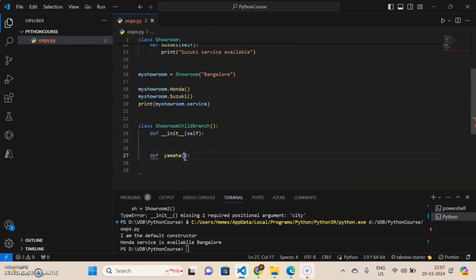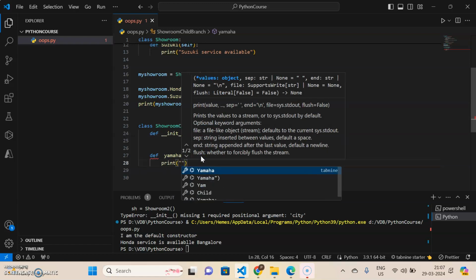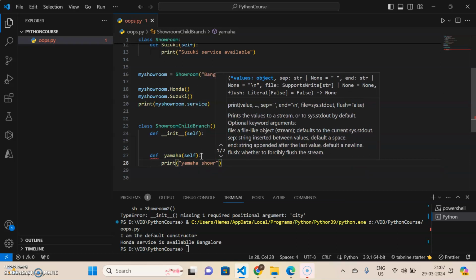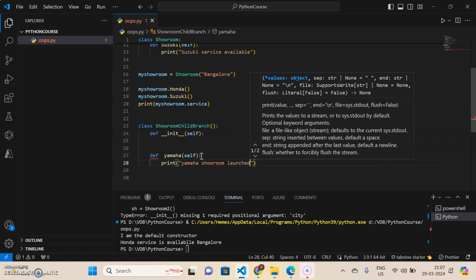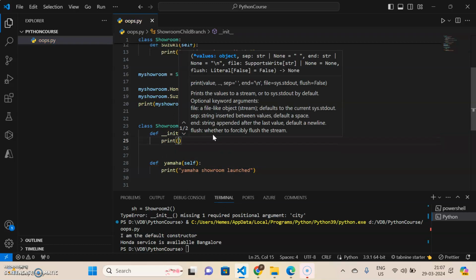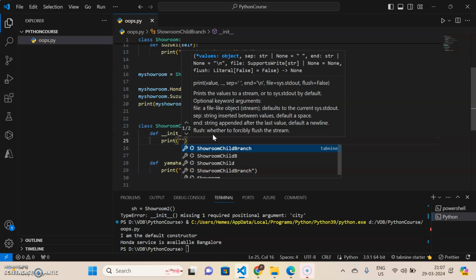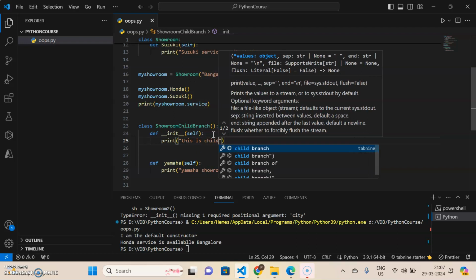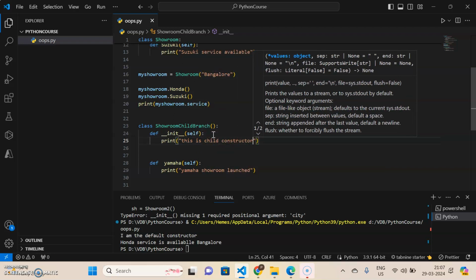So again, self. I'll just give one print statement. Launch. For now, I'll just give one print statement. Child constructor. So